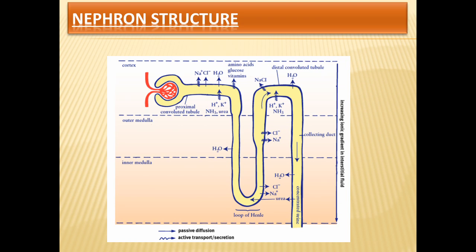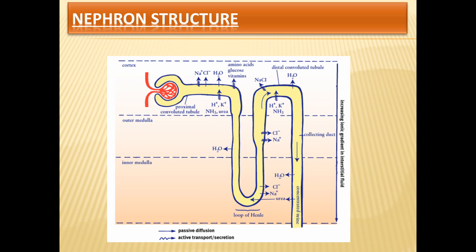In the final mechanism, urine formation also takes place through what is known as the secretion process. Secretion is the opposite of reabsorption. In secretion, waste ions like H positive are passed from the capillaries into the renal tubule, and this is the final step in the formation of urine. The secreted ions bind with the remaining filtrate and become urine. The major substances that are secreted into the distal convoluted tubule include H positive ion, potassium ion, and ammonium ion.